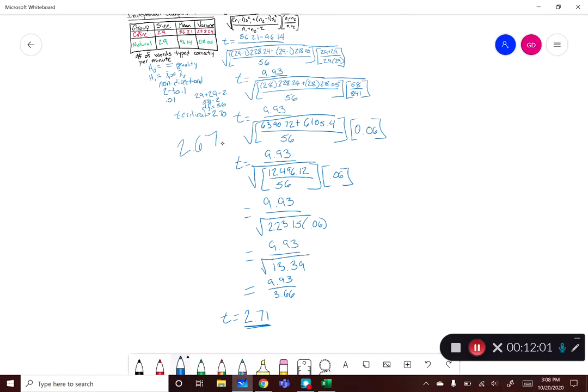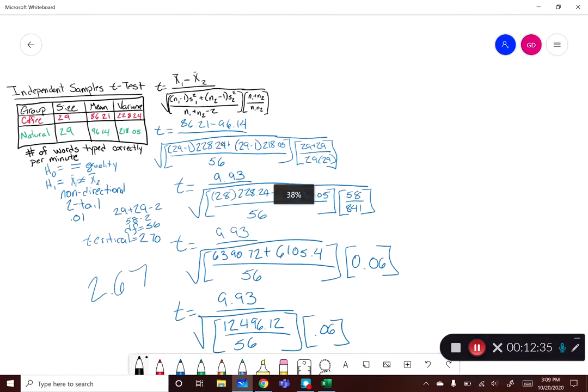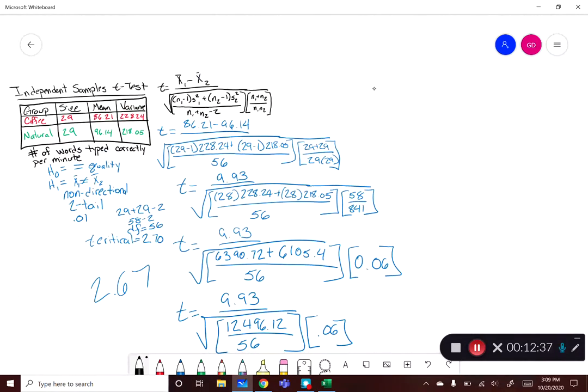So with that, now you could stop there and be cool, that's great, we see that there's a difference, but a key question that comes up often is, well, what's the actual effect size? And we can actually calculate that. We can get an effect size of small, moderate, or large. And to do that, I'm going to write the formula on the side here. So let's see the difference between them, and we see that the natural non-coffee drinkers had a higher mean number of words typed correctly than our coffee drinkers. So for effect size, I'll zoom out a little so it's a bit easier to see. So effect size